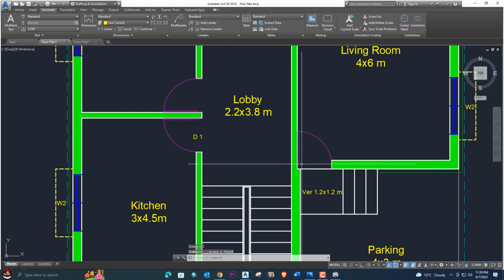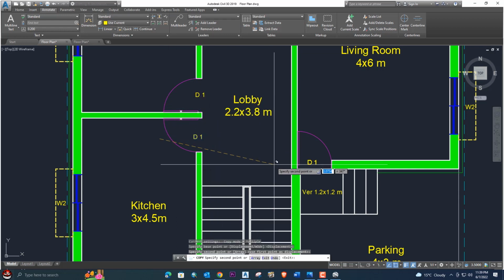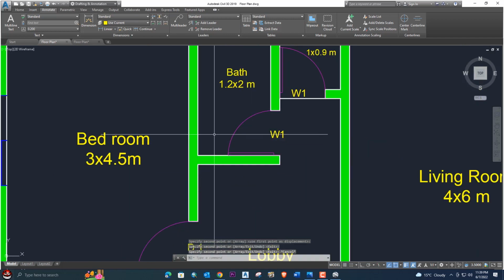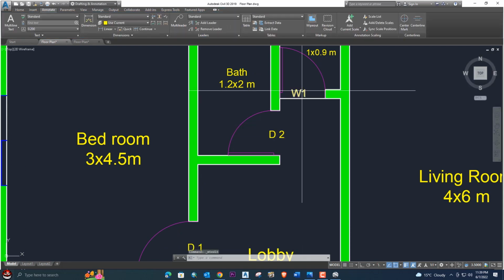Let me show the first way and copy the same one because it's the same doors, D1, and you can enter D1 here. Okay, and here we have D2. You will enter D2. Okay, delete this one and copy this D2 because it's the same dimension,